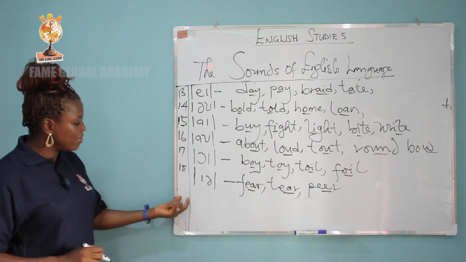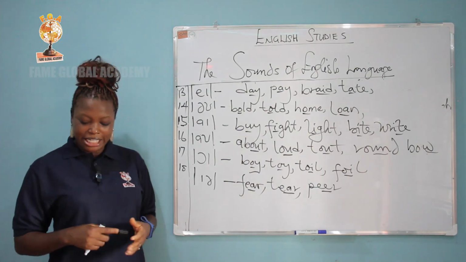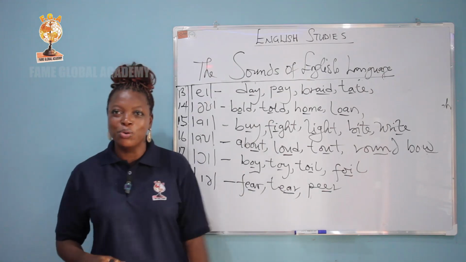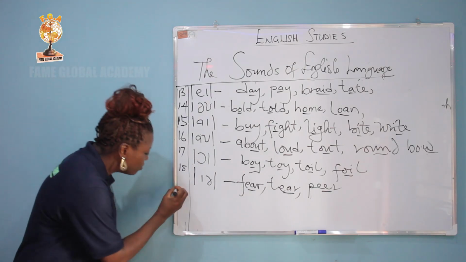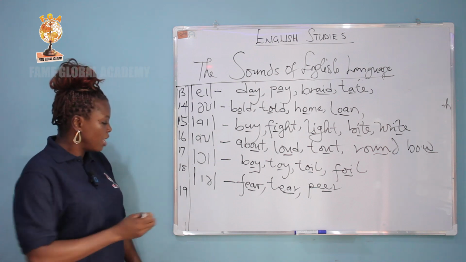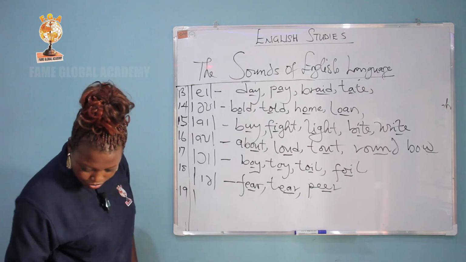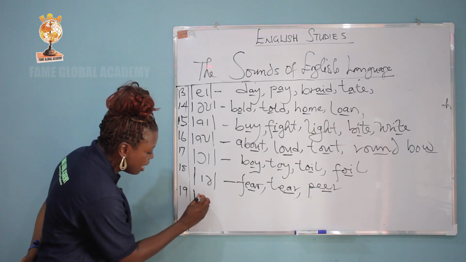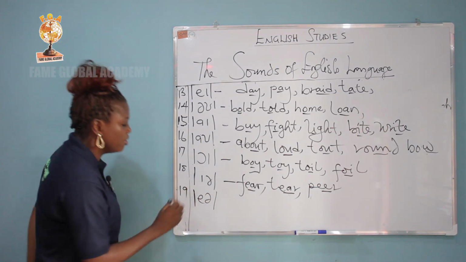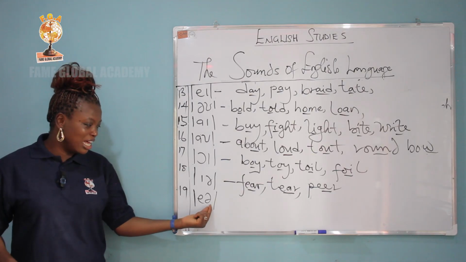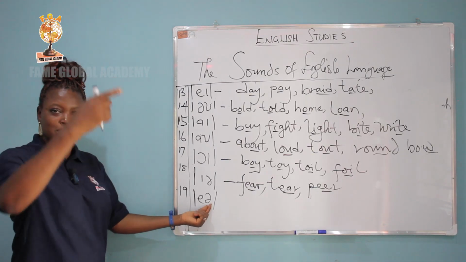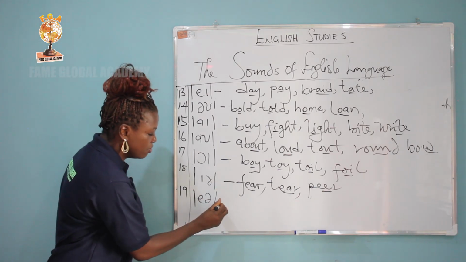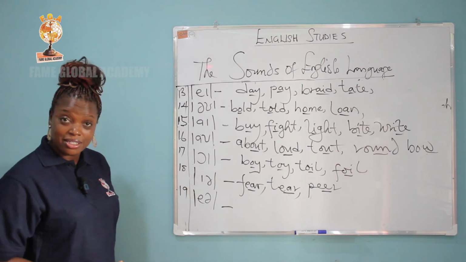Alright, so we have the 19th vowel. You can see I'm moving towards the end of vowels. So we have the 19th vowel as the air vowel. The E sound, and then the E turns upside down. The air, as in words like